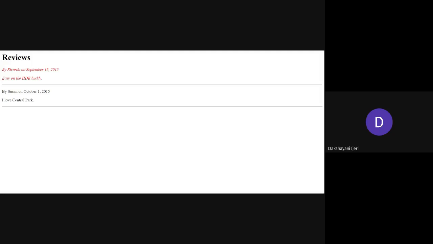So you can see here the H1, this reviews, has not been applied with the styles, and these two are the ones which have been applied with the styles, where you have applied the styles in the division element, right? Under that division you have these two texts as two children, that is the paragraph elements, which have appeared in italic and in red color. The next ones are considered by default, which have not been applied with any styles. So is everyone clear with this example now? Yes, ma'am.